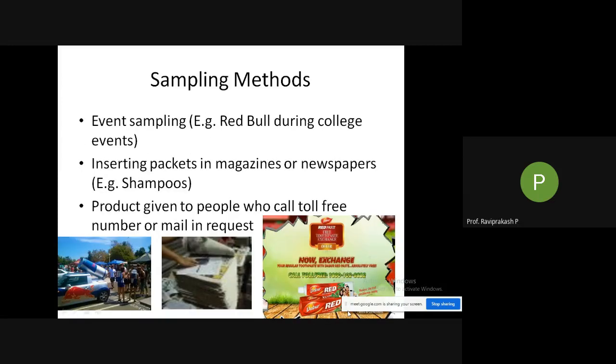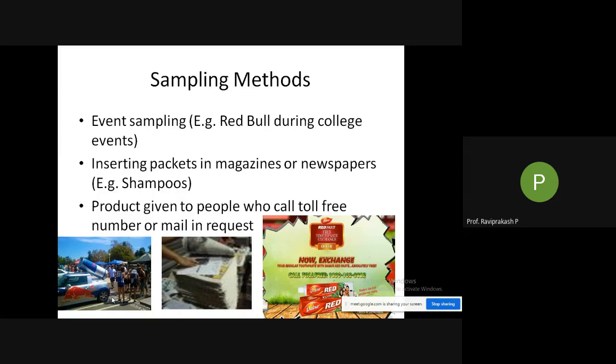Then comes event sampling. So here, Red Bull during college events. There are college events where they'll bring Red Bull. Here you can see a big Red Bull kind of car or vehicle standing over here. You can see this from far away also. Their target market is the youth, so they are basically going with event sampling. Whenever there is an event in the colleges, they go there and give free samples. People who have not tried it also, as it is free, can come and drink over there, and if they like it, later on when they go to buy something, if they see it, they'll buy it. So that is event sampling.